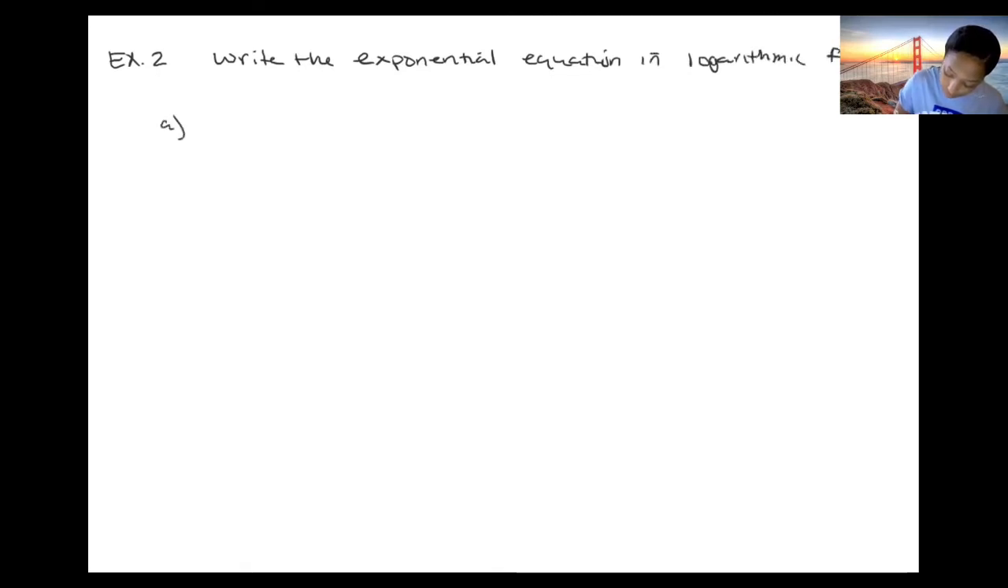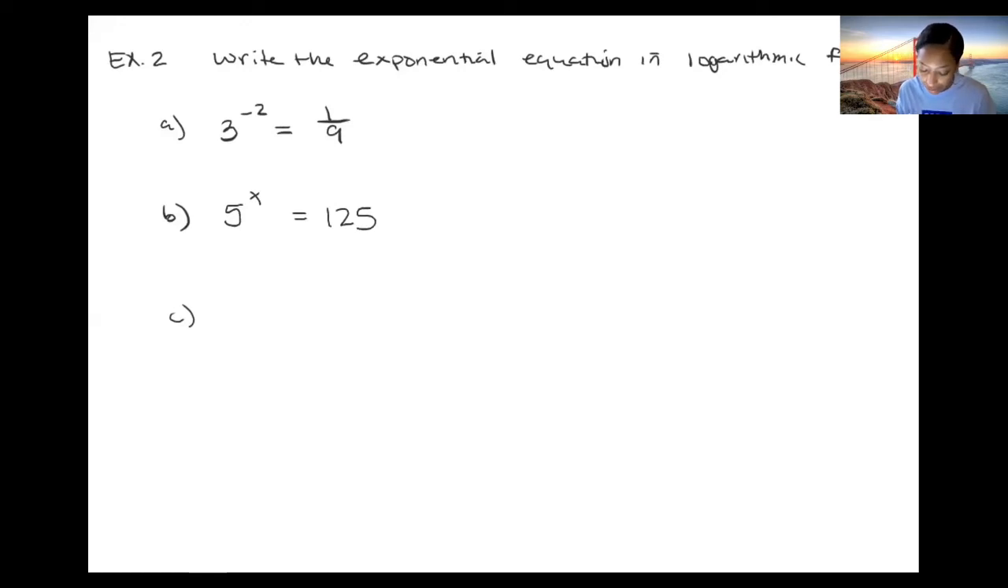And we can do 3 of these also. All right, let's go. 3 to the negative second power equals 1/9, because that's true. Let's go 5 to the x power equals 125. And then for the last one, let's just say b to the x power equals,